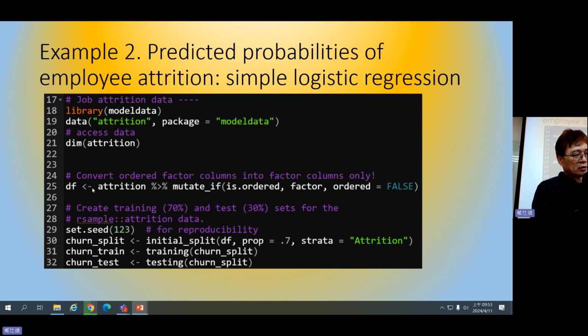So that's why here we need to convert the attrition data into factor data. You can see we have a mutate_if to check if the data is a factor or not. Okay, so this is about the attrition analysis.